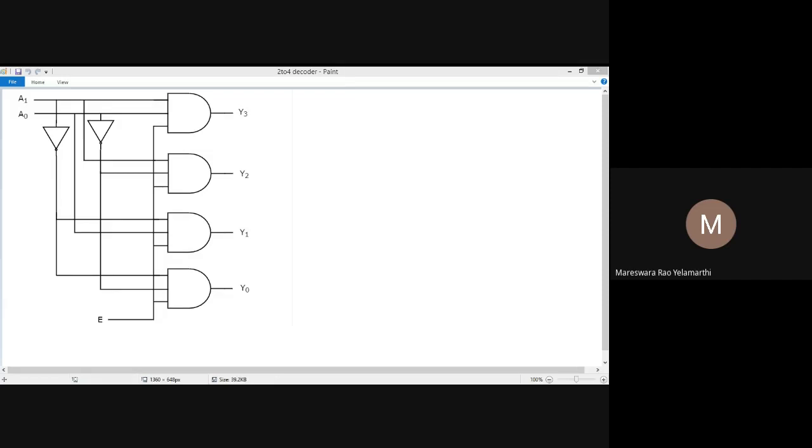Based on your requirement, we can use the decoder and encoder according to our convenience. If you use the encoder at the transmitter, you should use the decoder at the receiver side, and vice versa.